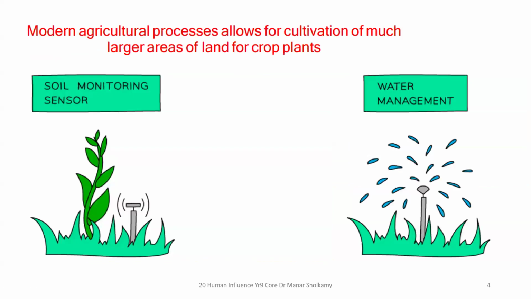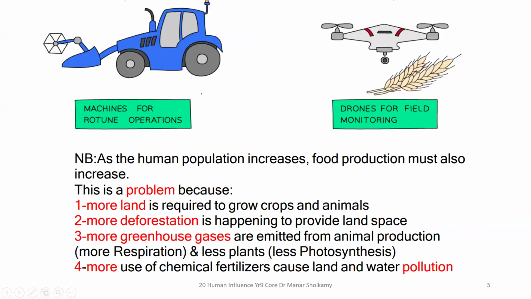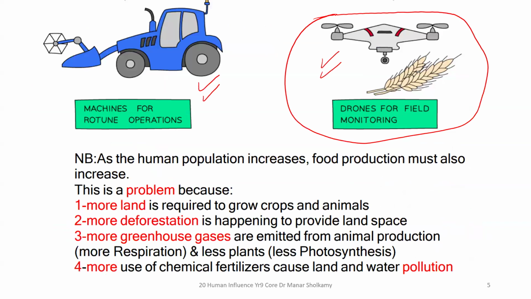Okay, now the different or the new machinery that are found on modern farms. We have here sensors. These are cameras or sensors that can sense or view your farm while you're sitting and watching everything from a screen. You automatically irrigate your farm with automatic water irrigation. These are very modern tractors. These are drones. These are cameras so that you can monitor your farm. And this, of course, is very, very beneficial, time saving, labor saving, etc., etc.